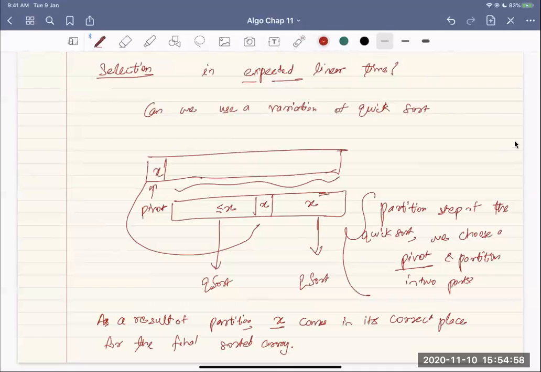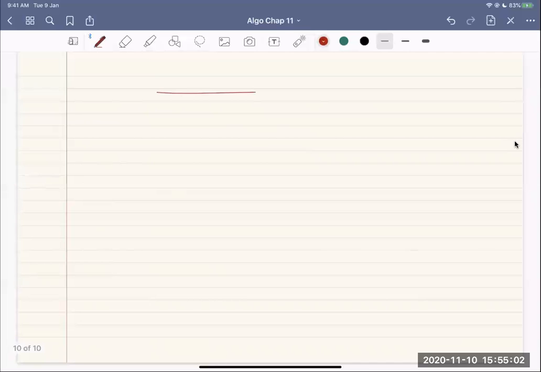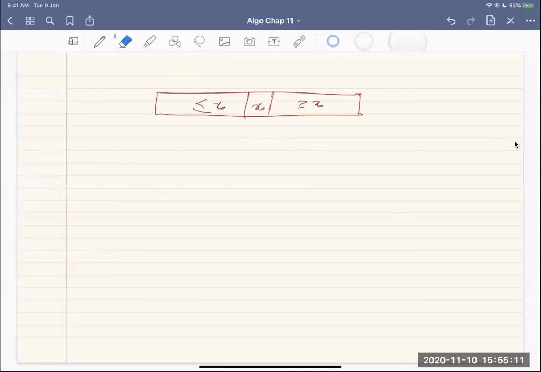So let's say, this is less than or equal to x, x, and greater than x. Sorry, this is what we were doing. So less than or equal to x, x and greater than x. So suppose this size is n1, and this is n2. So n1 plus 1 plus n2 is equal to n,